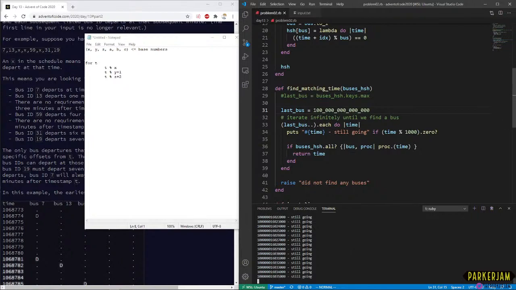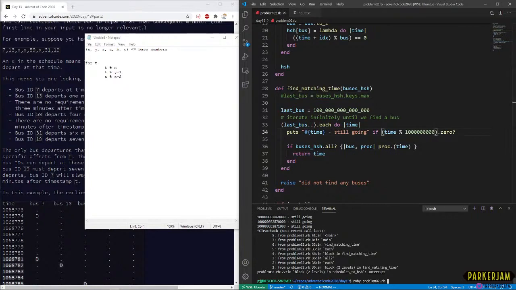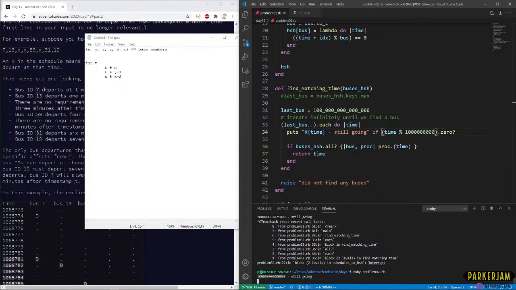Printing is always going to slow us down, so let's do this. I might have added too many zeros there.